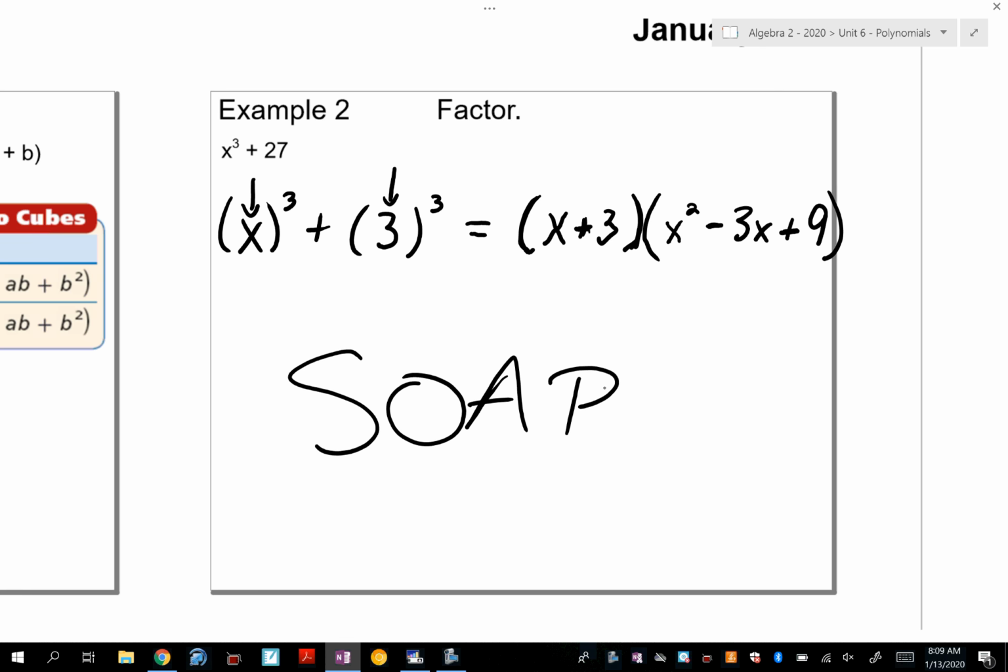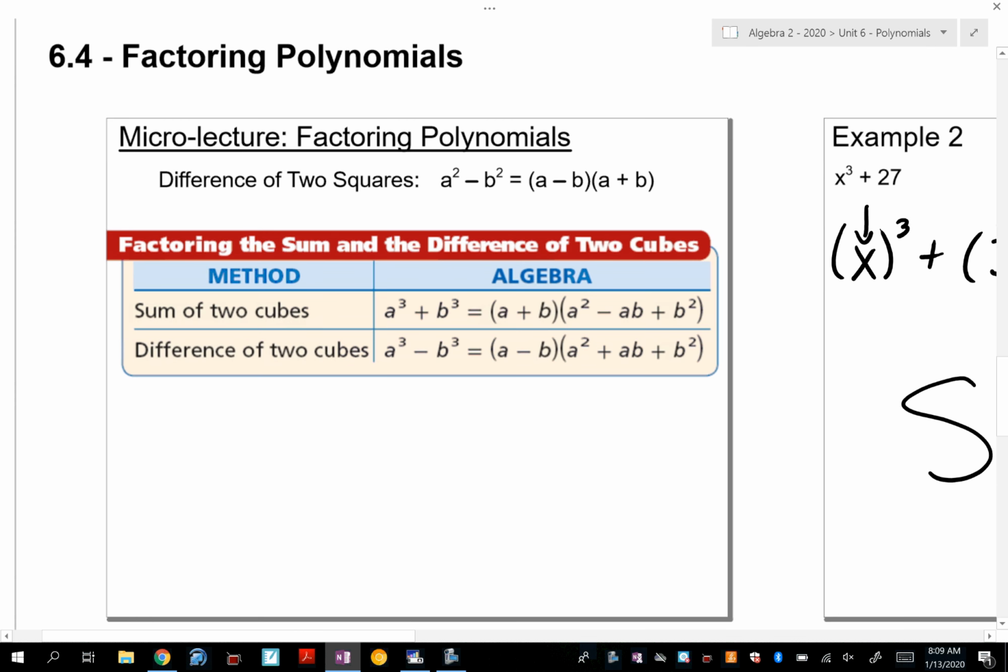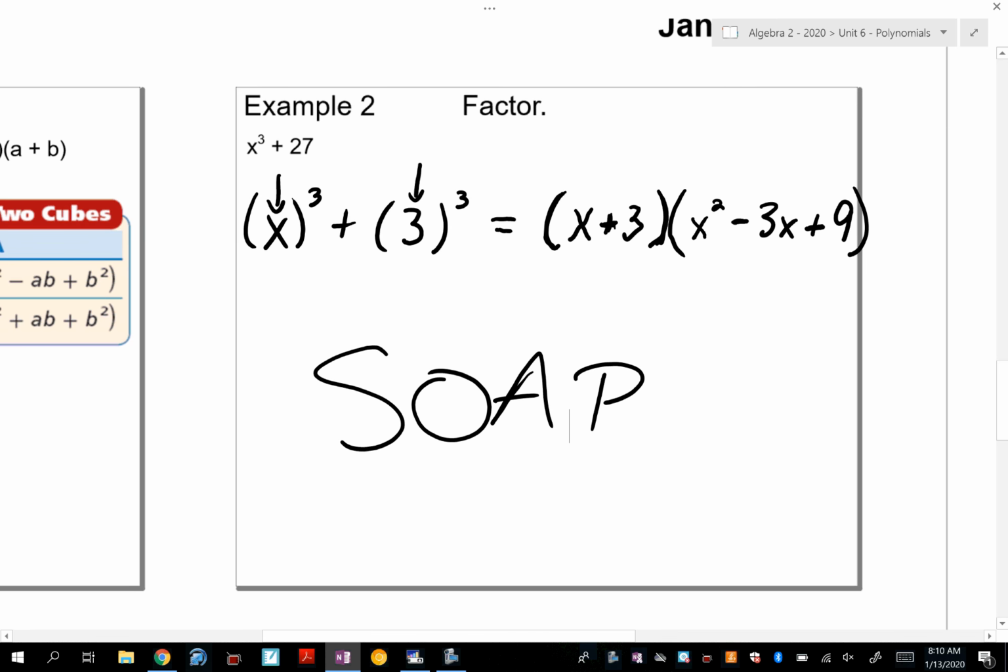And if you notice, with both of these, the sum and difference of two cubes, if you were to just look at this without the signs, you would see it's exactly the same: a, b, a squared, a, b, b squared. It's all the same stuff, just the signs are what's different. So that's why if you memorize SOAP, you should hopefully have a better chance of getting